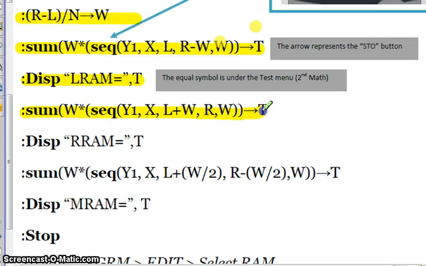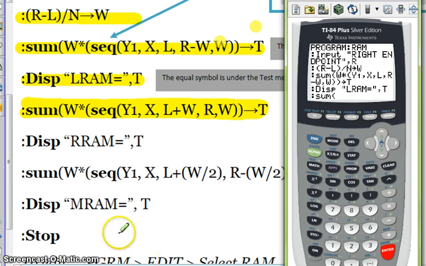So now I'm on this one. Catalog, and I'm going to type it away. So I went to my catalog menu, I found sum. It started my parentheses for me. I'm going to go ahead and do second alpha, which gives me my W, wrong one. Sorry, alpha W